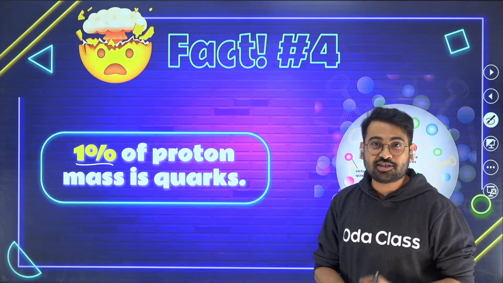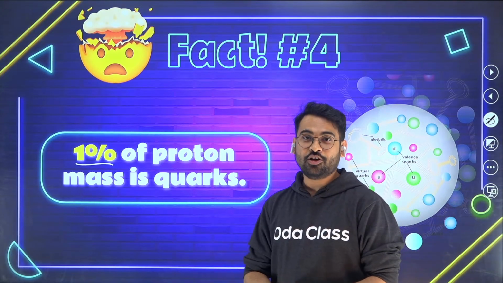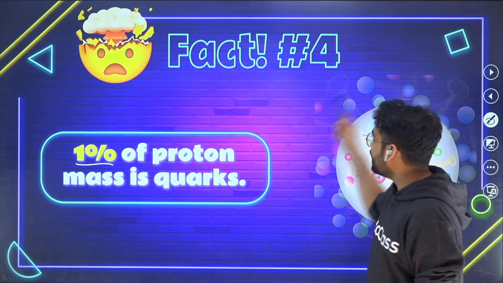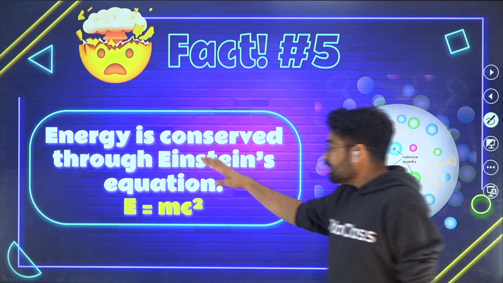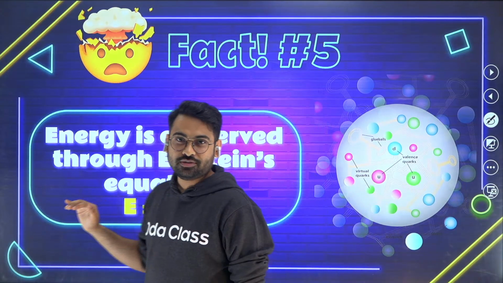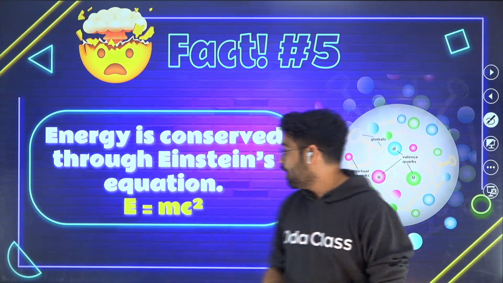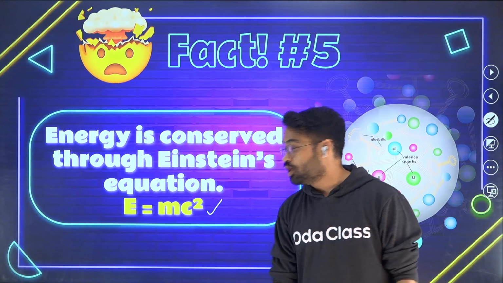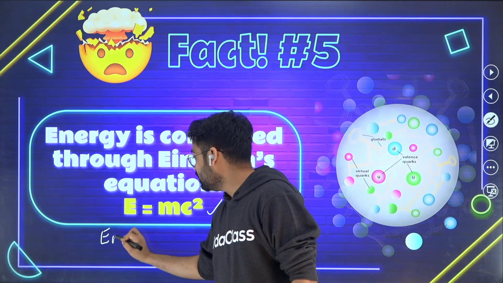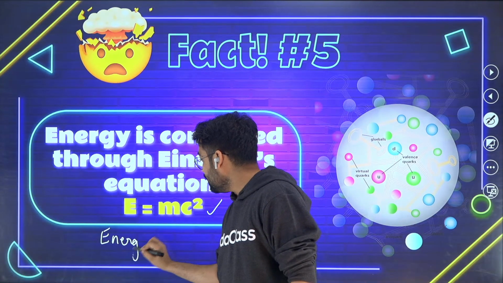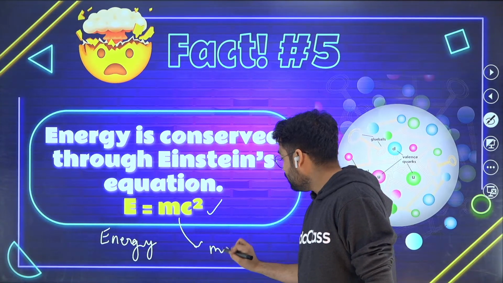The reason is somewhat given by one of the greatest physicists of all time, and that happens to be our fun fact number five. That Einstein gave an equation. Everybody knows this equation, no? We're just trying to see it out here. How does it work? E equal to mc square. E over here is the energy, right? And m over here is the mass.